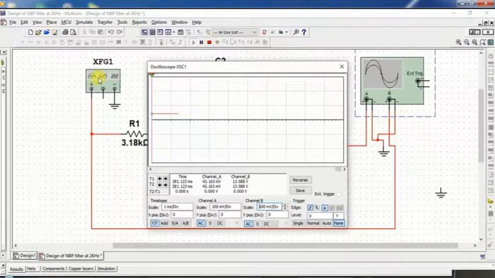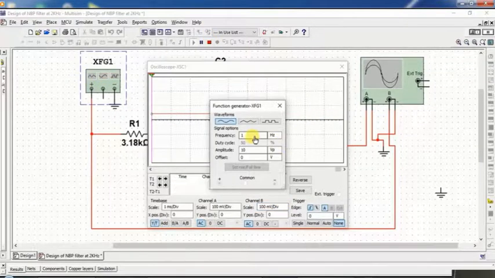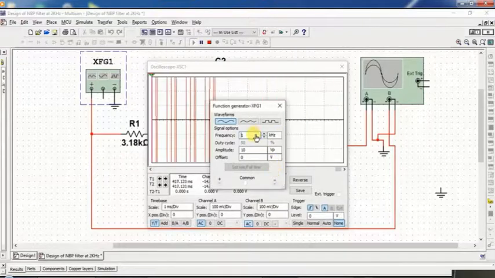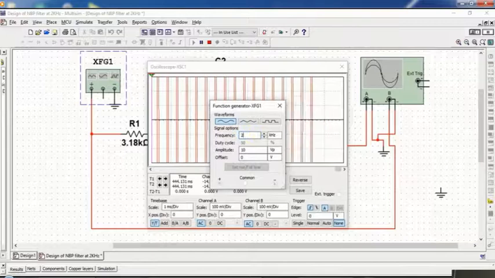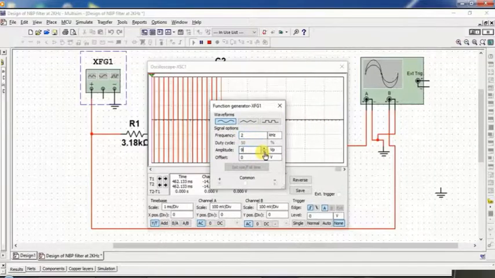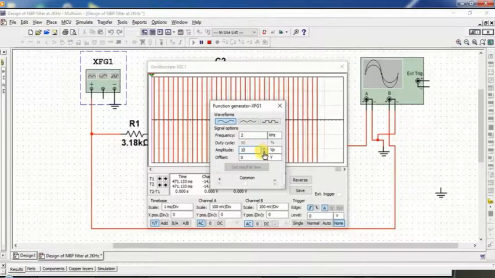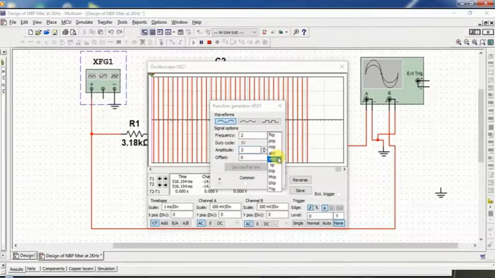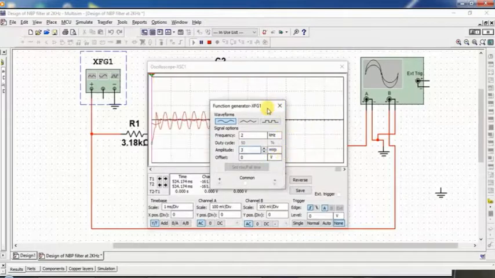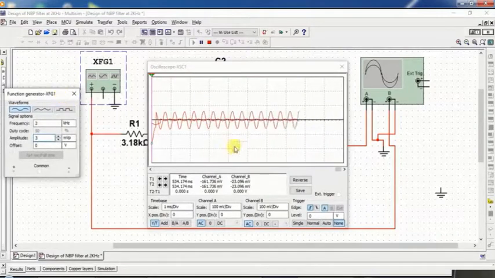So you can change the value of the function generator, because in our design example the center frequency is 2 kilohertz. So here you can apply the frequency, that is 2 kilohertz, and you can also check the amplitude. You can change the amplitude as you can see over here.